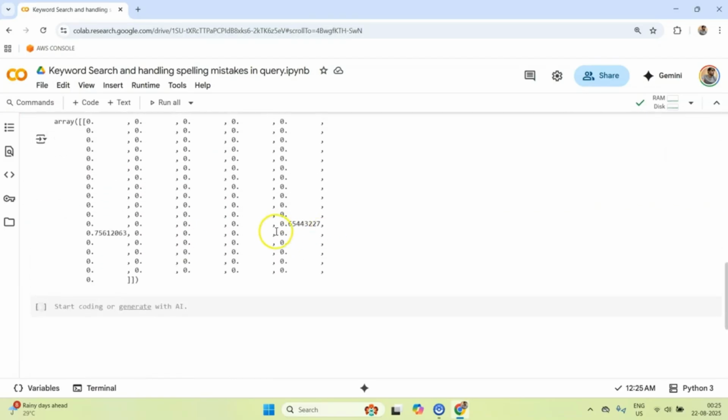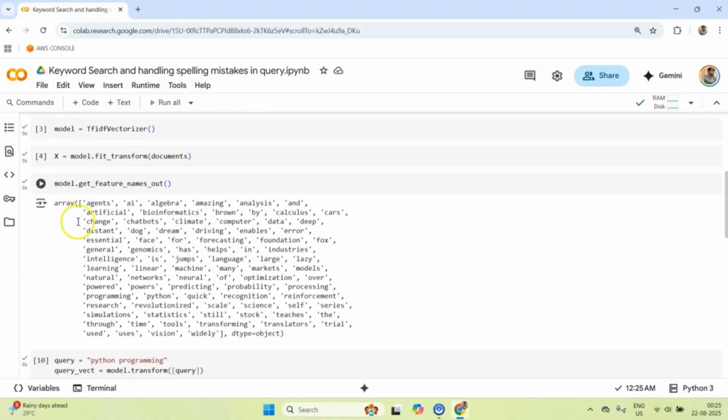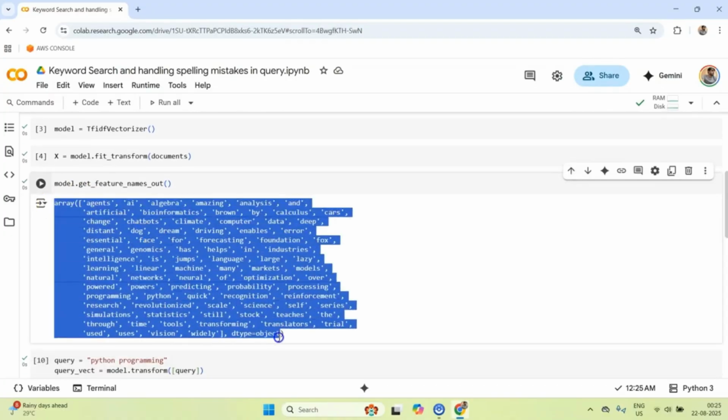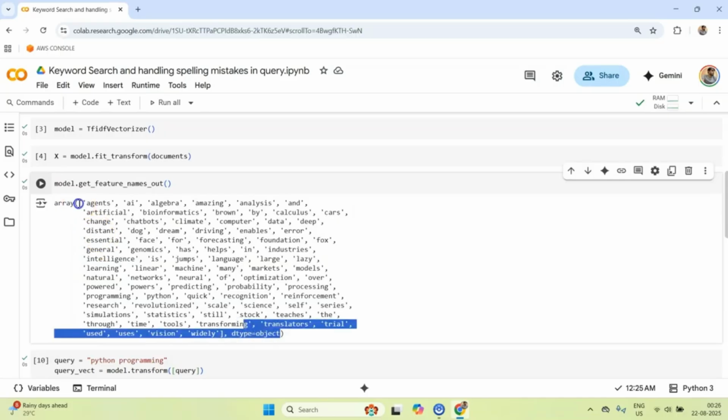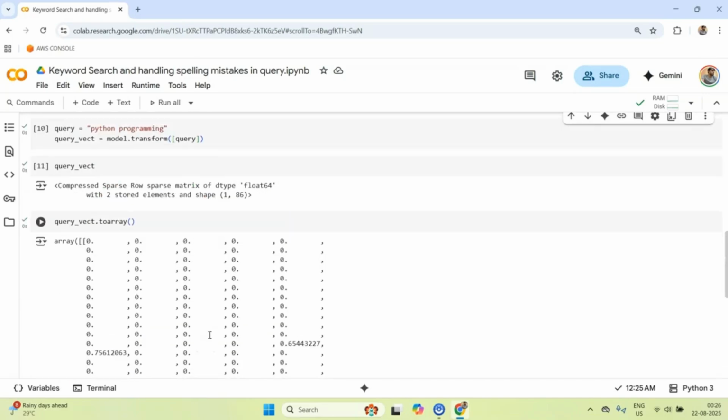They come together because both words start with P, and the way sklearn has created these features is by sorting them alphabetically. They start from A and end with Z, if we have any words starting with Z.